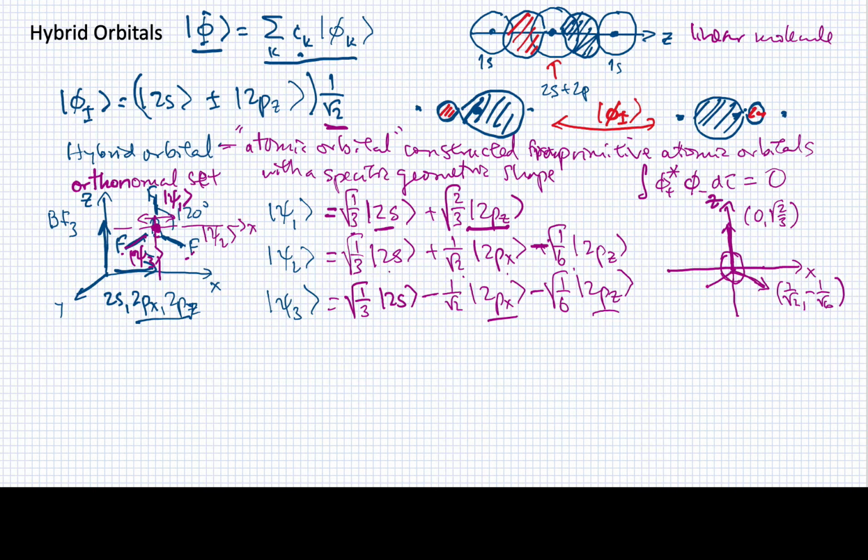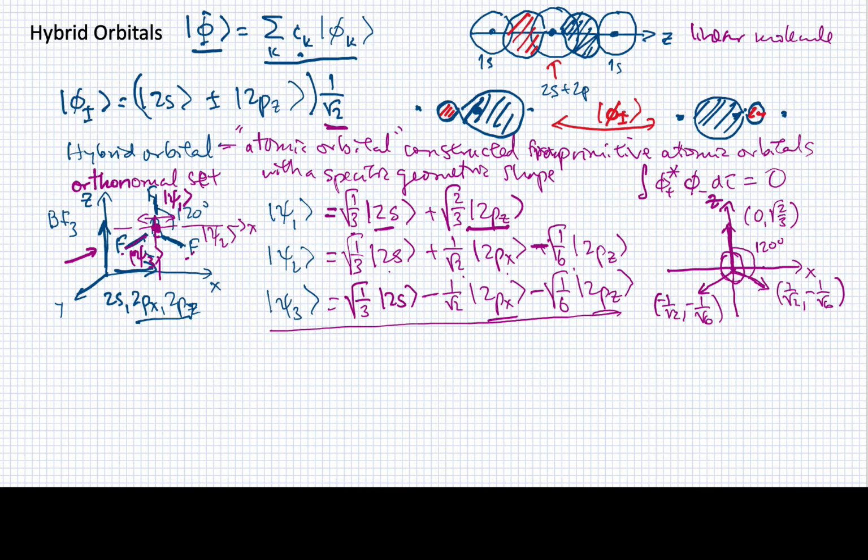And for the third one, it would be a vector pointed in this direction: 1 over the square root of 2, negative 1 over the square root of 2, and minus 1 over the square root of 6. So you can see that this is producing 3 vectors, and you can check this. I won't do it here, but you can find that, in fact, these are all separated by 120 degrees, precisely the way that we surmise it should be for BF3. So what we've done is we basically now created 3 new atomic orbitals, hybrid orbitals, that are pointed in these